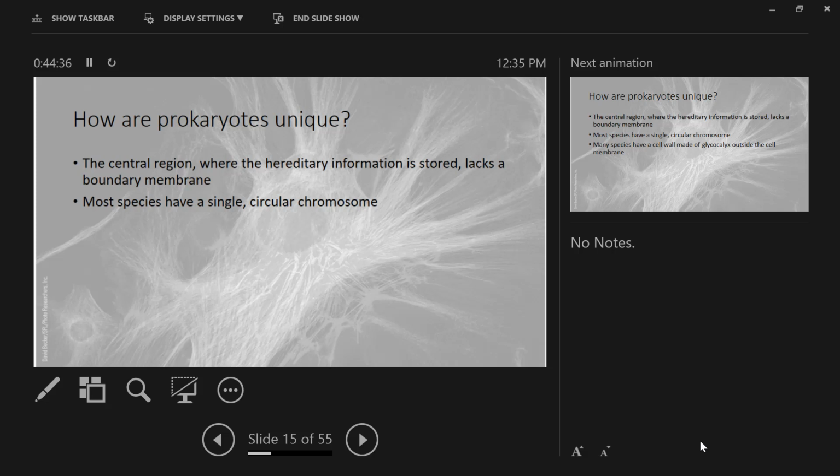On top of this, many prokaryotic cells have a cell wall. Cell walls are not unique to prokaryotic cells, because what eukaryote has cell walls? Plants, right? And also fungi. But this is a cell wall made of a glycocalyx. And so glycocalyx, what does this root glyco mean? Sugar, right? So we had glycoproteins, and those were sugars mixed with protein. So what do you think about the cell wall? If it's made of sugar, what does that mean?